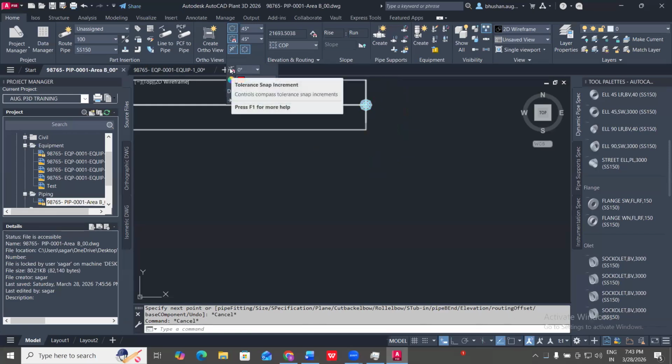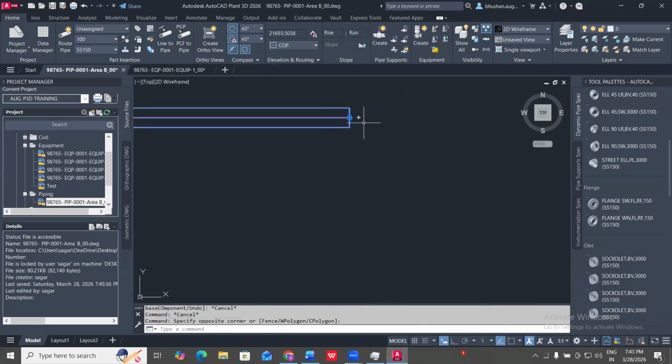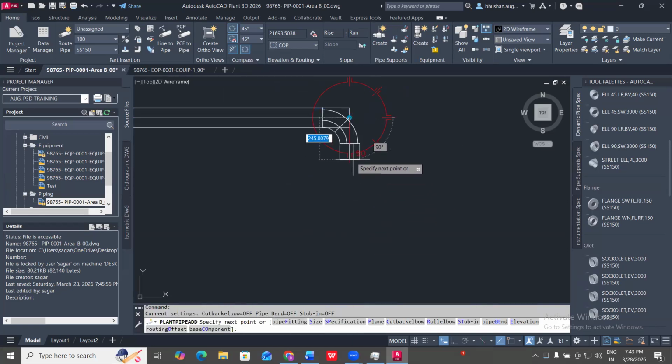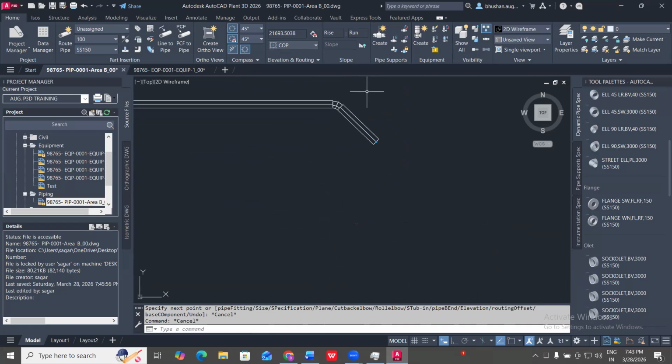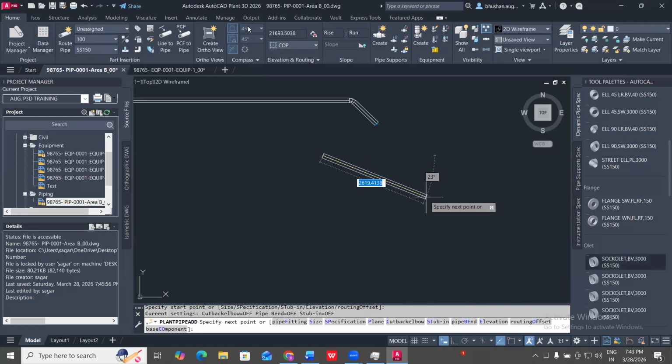This is my tolerance snap increment, which you can increase by 1 degree, 2 degrees. And now I have given the 1 degree here. And actually it can be different, but it will draw my pipe on that angle. And it will show me the fitting, which will be